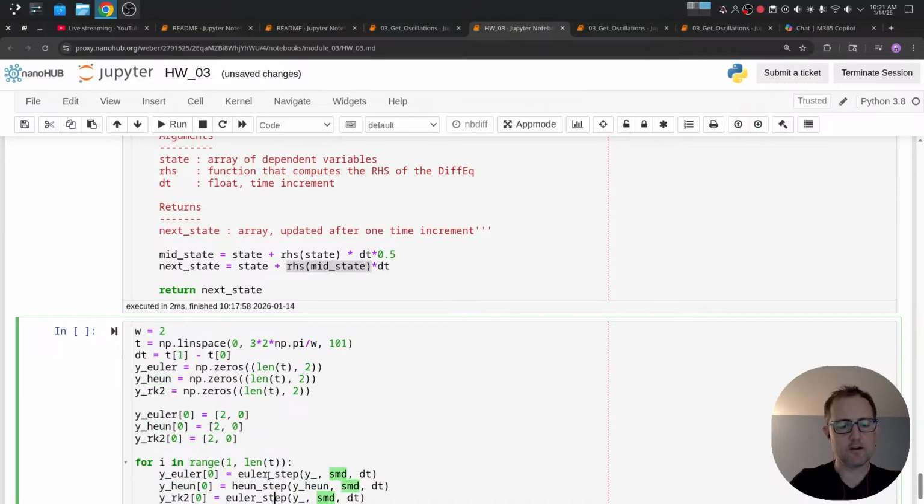And then down here, I'll say that this is the RK2 step, RK2. And this one should be Euler. And instead of 0, right, this should say i. And then this one should say i minus